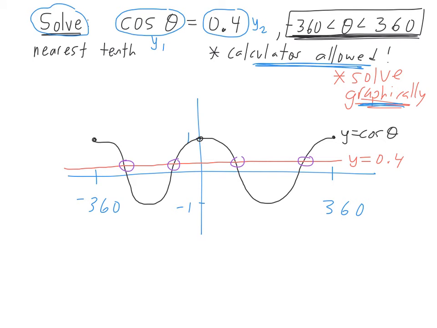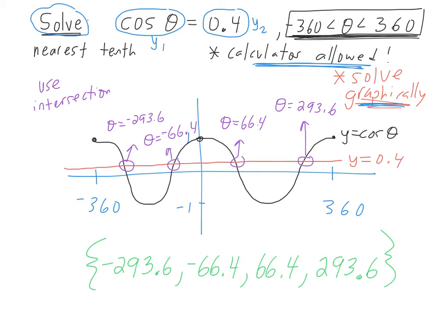So you want to use the intersection button, which is found under second calc. So we want to find the intersection there. Go through and hit pause right now, and I want you to find those 4 intersection points. If we let the calculator do all the work for us, we get these 4 answers, and we're told